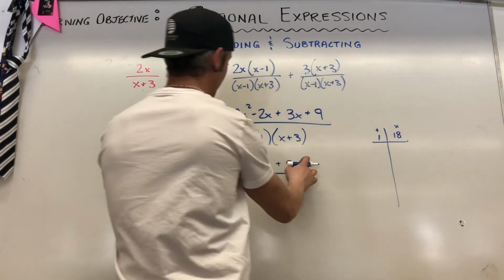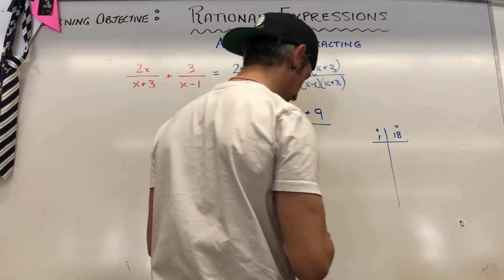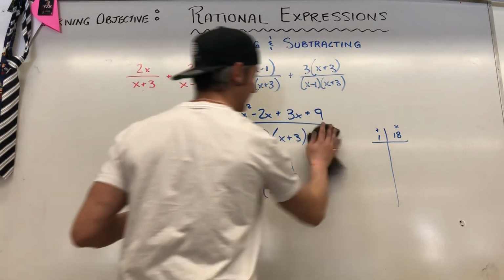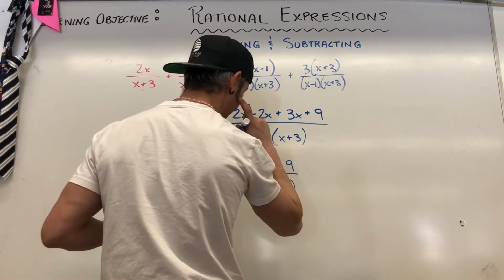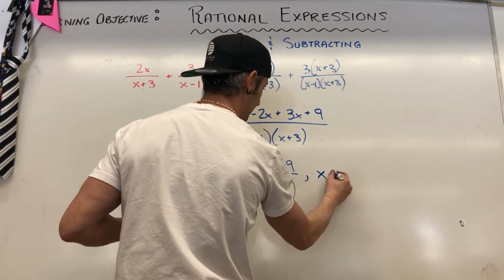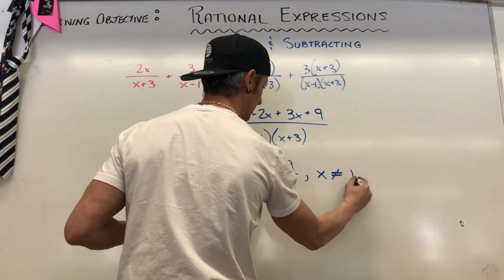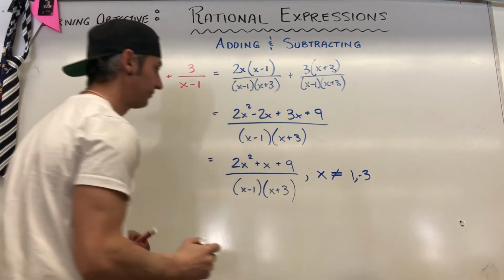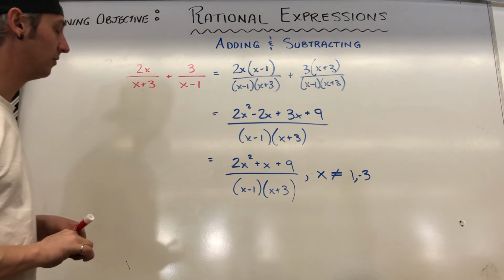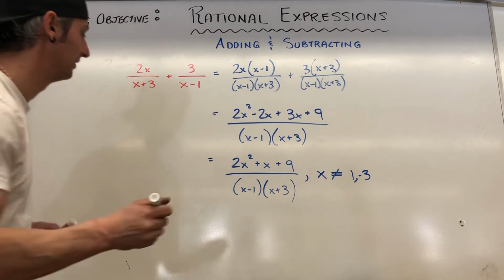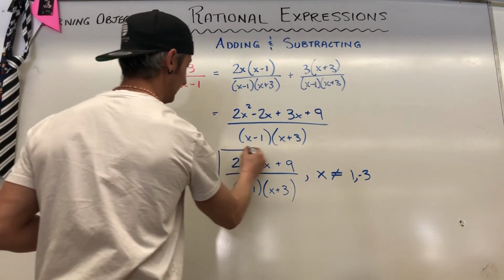I'd have to solve the top here if I wanted to factor it using the quadratic formula, and that's going to do nothing for us. So I'm going to leave it in that form, and there's nothing I can cancel. Therefore, my non-permissible values are in the denominator, and I do them at the end here, and it's 1 and negative 3. Yeah, that's the answer. That's adding and subtracting